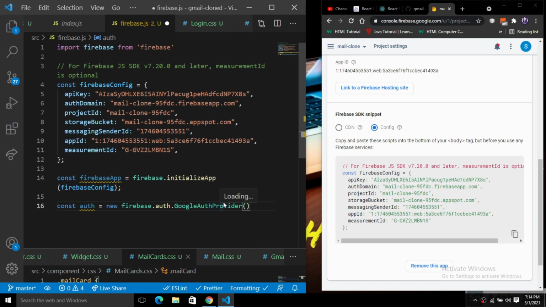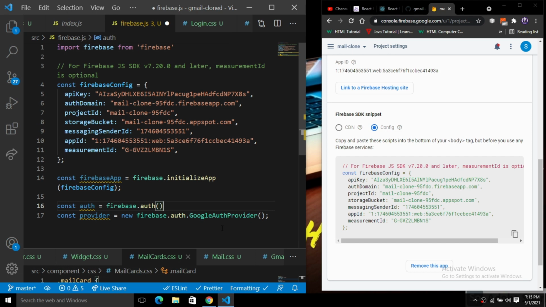Just pass it inside of this auth here. Next we have a provider here. Let me put the provider first, and we just pass this provider inside of this. Copy this and paste it down here, and for this authentication we'll just have an authentication, right? So this is the correct way of doing this. Remove the new from here also. So we have this Firebase dot auth, and where we have this provider, for this provider we have a Firebase dot auth dot Google Auth provider.